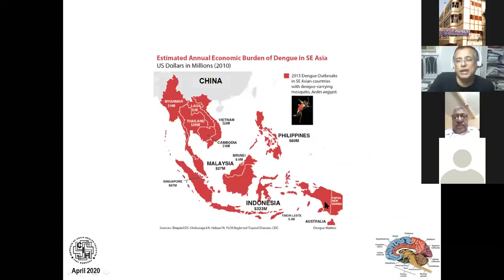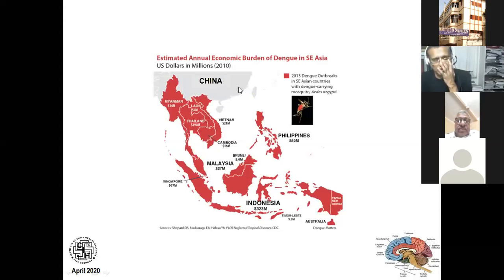This is the dengue belt. It starts from Indonesia, Malaysia, Philippines, Cambodia, Vietnam, and even China. They have dengue. And in China, all the children receive Japanese encephalitis vaccine. During a dengue outbreak in 2010, it was seen that dengue was very severe in all these countries. But in China, dengue was not that severe.